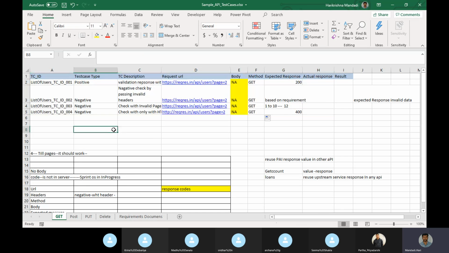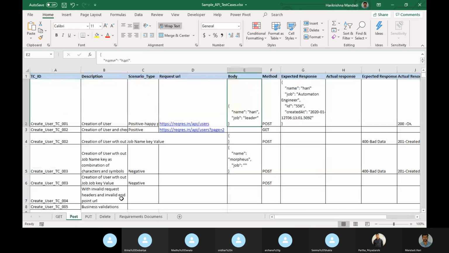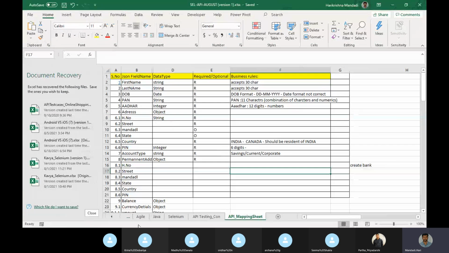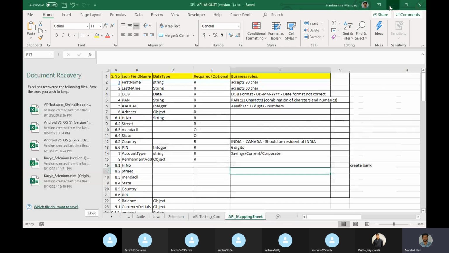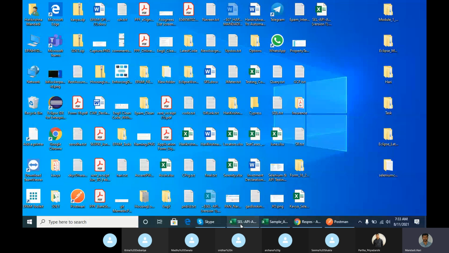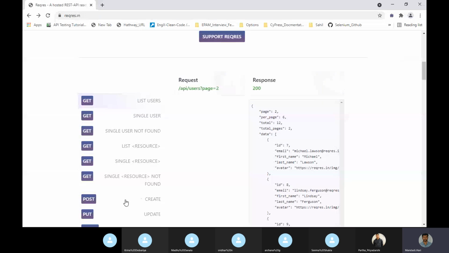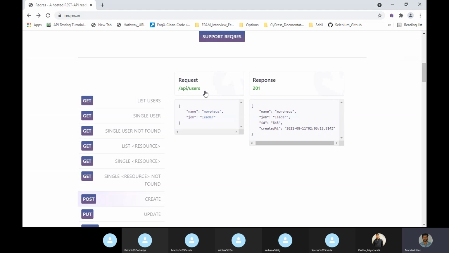Okay, now for POST, there is a POST method, which is one more API. Let's try to understand. We will keep everything in Postman tomorrow maybe. First try to understand what kind of cases are written for the POST method. Suppose here is a POST method, here we have a request.